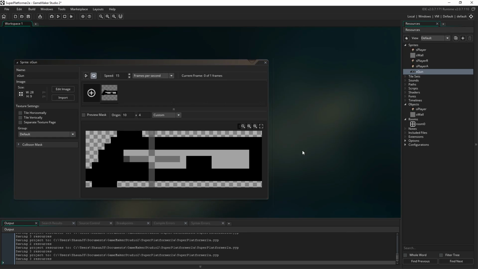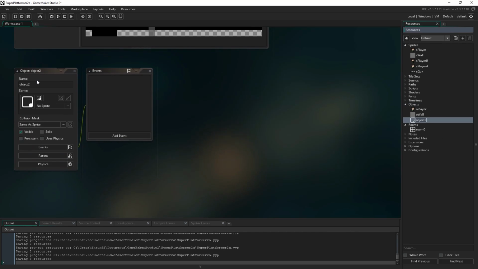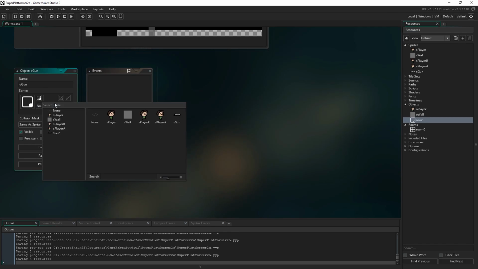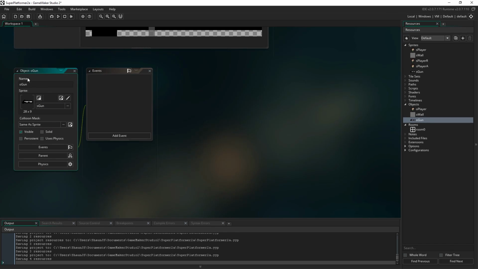Okay, so our next step, as usual, is to add an object for the sprite we've just created, right? So I'm going to right click in objects, hit create, and call it O-gun, just the same as the sprite, just the same as the pattern we've been using for everything else. I'm going to set the sprite to match S-gun for O-gun, and then what I'm going to do is place it in the room,